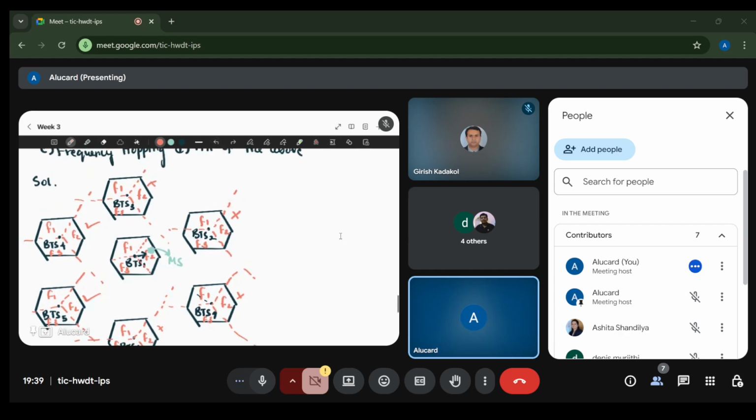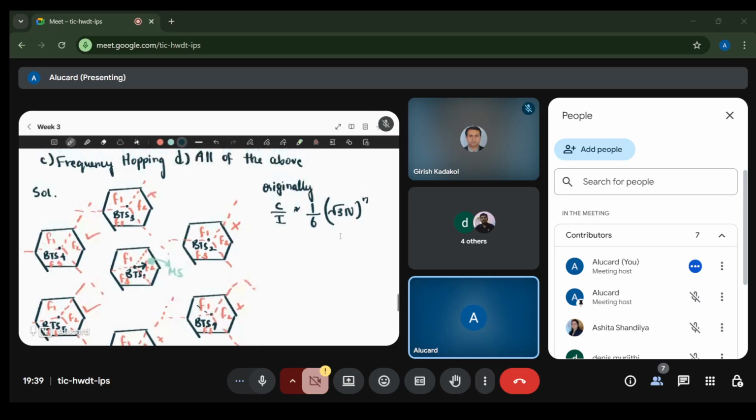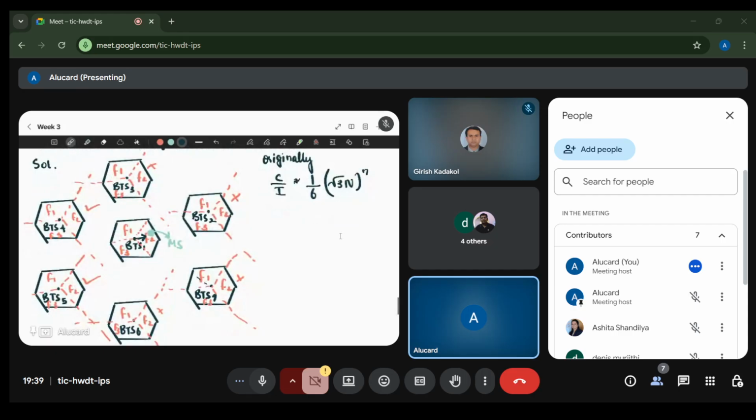So now when you try to find CIR, originally without sectorization, CIR was 1 over i naught, which is 1 over 6 times root 3n to the power n. Now with sectoring, in this particular case,